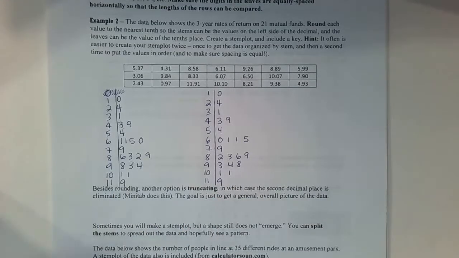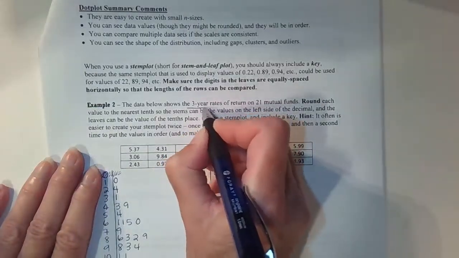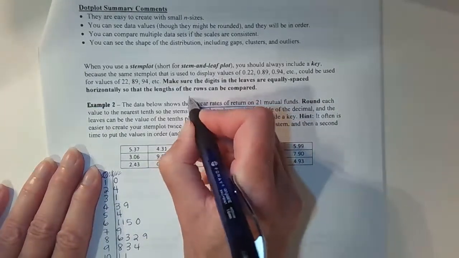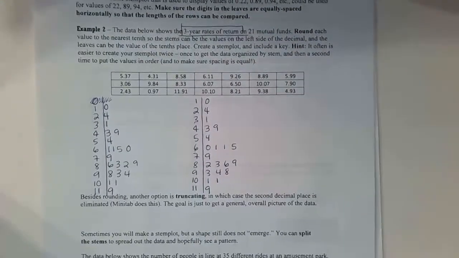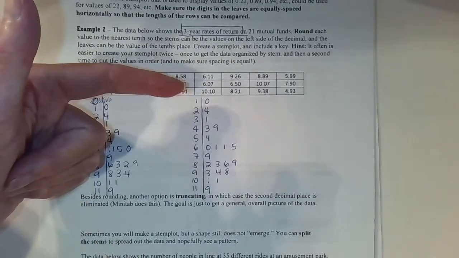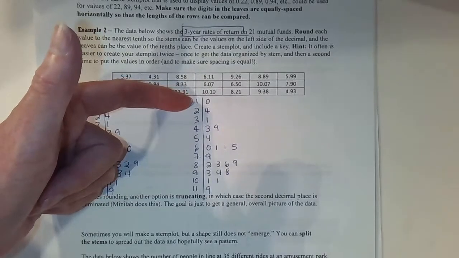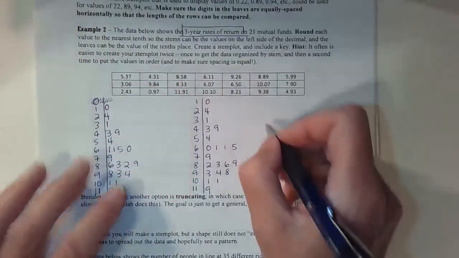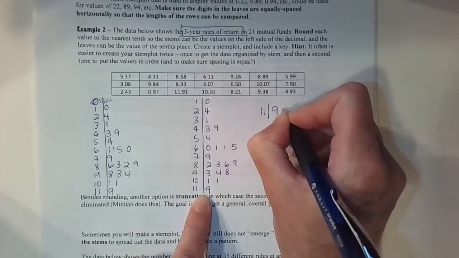It actually should have a title. I won't take the time to write it. We'll just say this would have been my title right here: 3-year rates of return. And your key. You can pick any value here. By protocol, people usually pick either the one at the top or the one at the bottom, meaning the smallest number or the largest number. And I'll use this one. 11/9 stands for